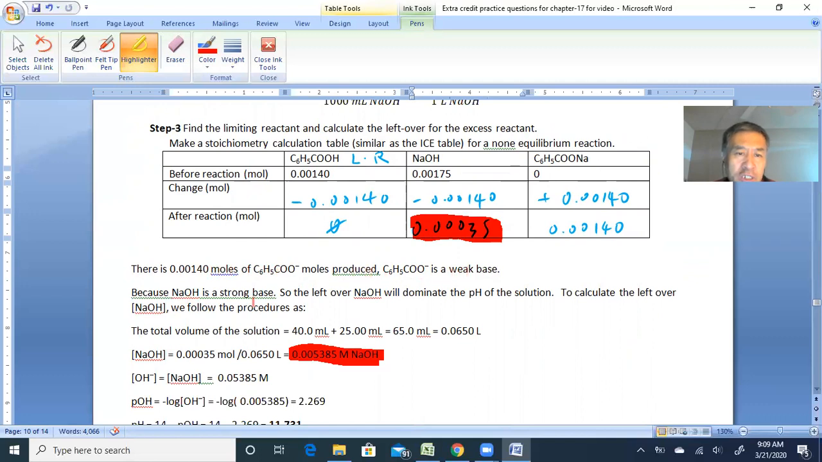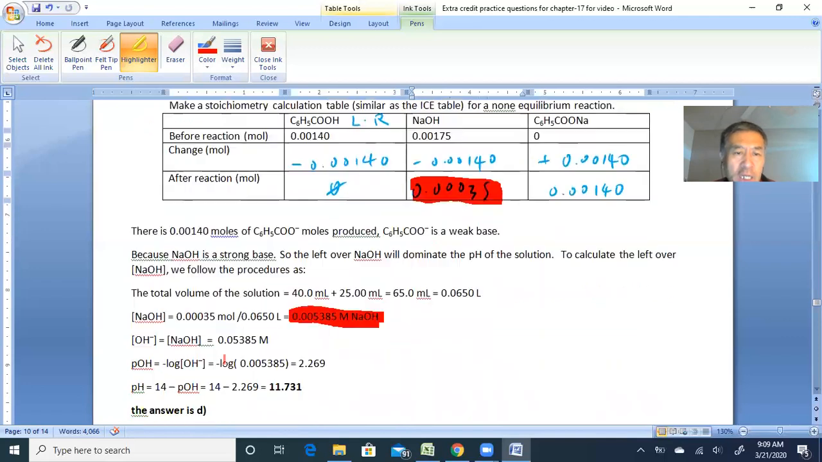Because NaOH is a strong base, the leftover NaOH will dominate the pH of the solution. To calculate the leftover NaOH molarity, we follow this process. We first find the total volume of the solution, where 40 plus 25 equals 65, that much in liters. And then we take the leftover moles divided by the total volume in liters, and we get this much molarity of